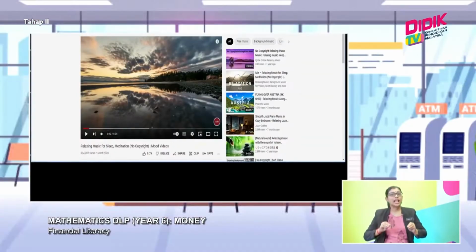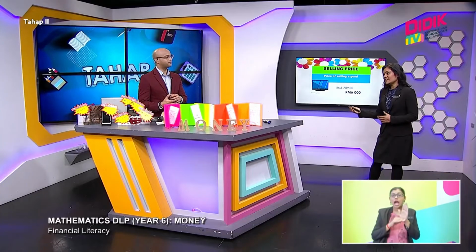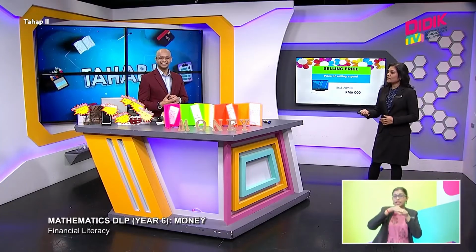6,000. Normally when you want to fix the selling price, what will you do? Either you mark up the price or you drop the price. So do I decrease the price or increase the price? I think we will normally try to sell it higher than the cost price, right? Because why? You want to get profit. Yes. So we have profit next.